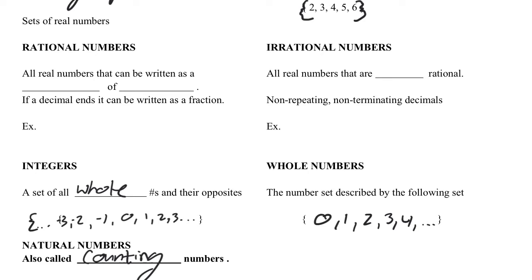But we know on our number line, in between 0 and 1, there are all sorts of numbers in there: 0.1, 0.2, 0.3, 0.44444. They all exist in there. And we need to give those numbers a category to belong to. This is where they belong, in the rational numbers. So this is any real number that can be written as a fraction